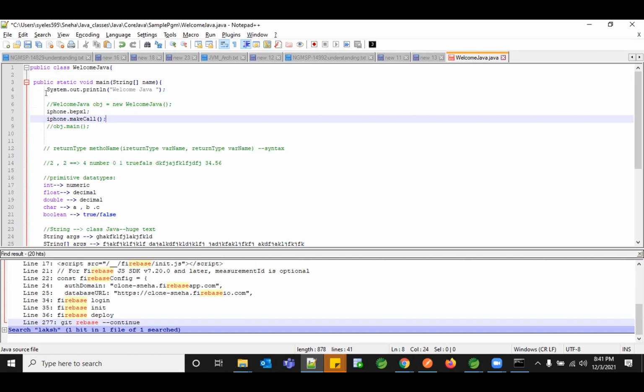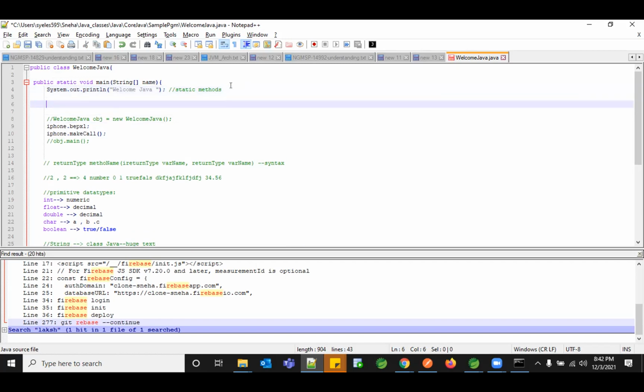But here you can see there is no object created for it. It's direct. You're using dot and some keywords. Why is it so? Because all these methods are static methods, and that is the reason they are directly called by the class names without any object created here. So for static methods, you don't need to create an object. They can be called with the class name, with the syntax class name dot method name.